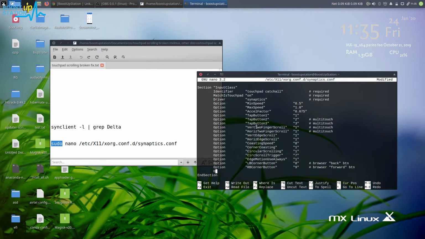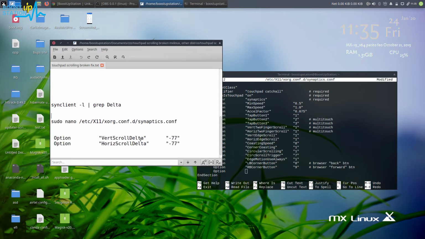Press tab and type these values here, tab. Inside these you have to place those values that we just got from this command. We had 77, so just put a negative sign before it and paste these both commands here.